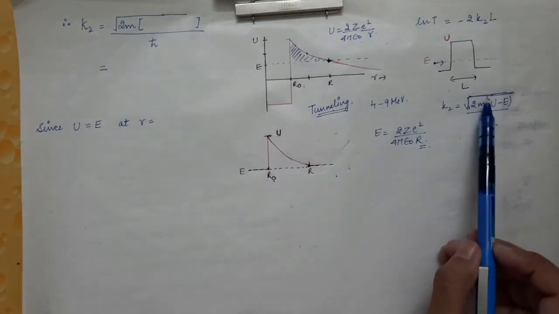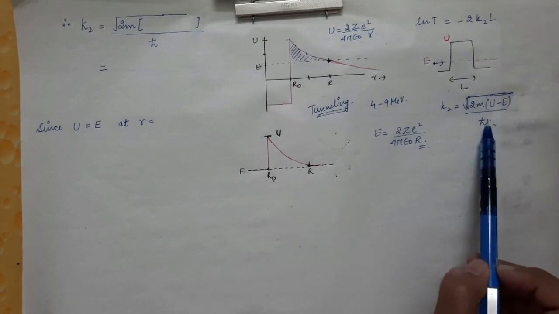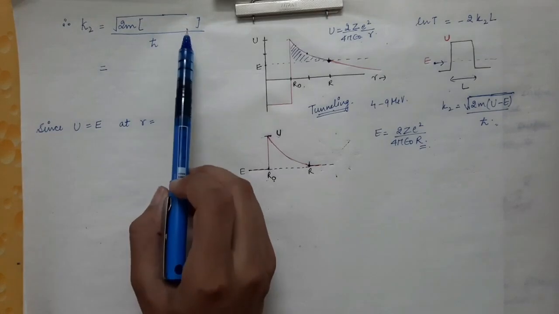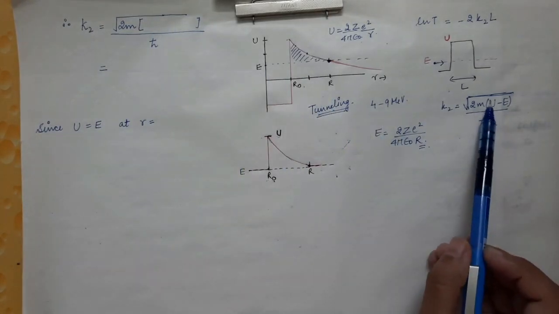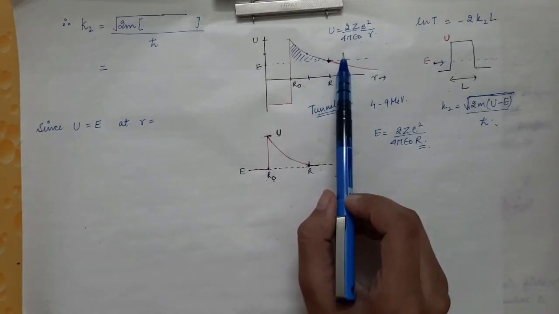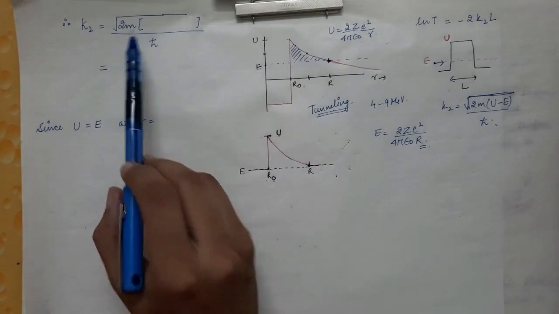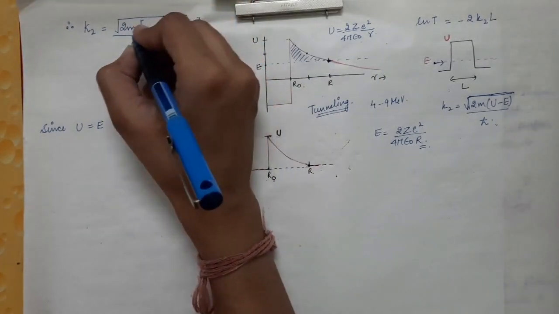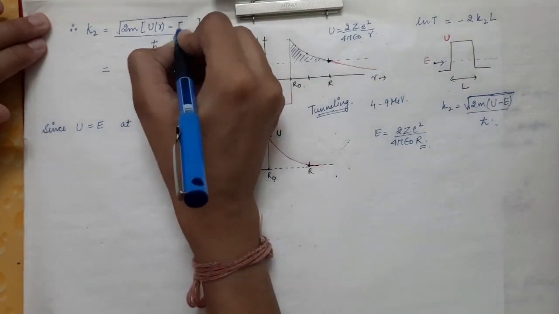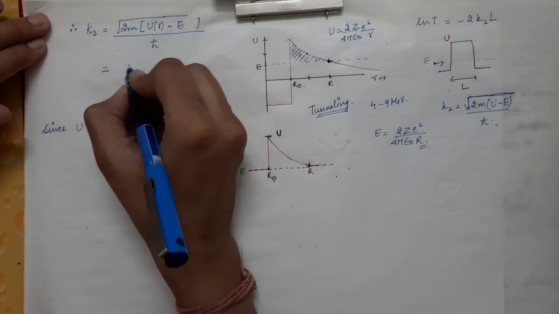Now K2 in this case was given by root of 2m (U minus E) by h cut. In this case K2 will be dependent upon r, because here we have U, and U is dependent upon r in the case of the alpha particle. So K2 will also be a function of r. K2 will be given by root of 2m (U of r minus E) divided by h cut. So that will be equal to root of